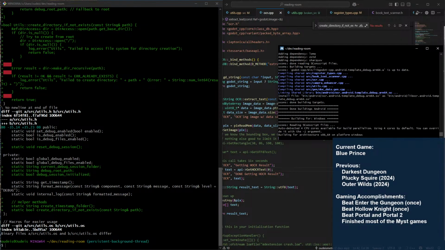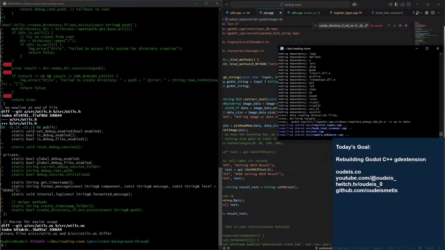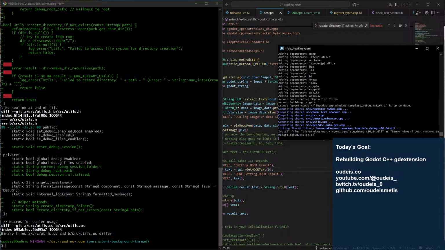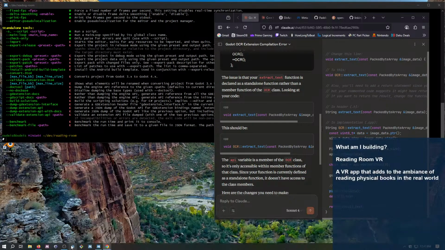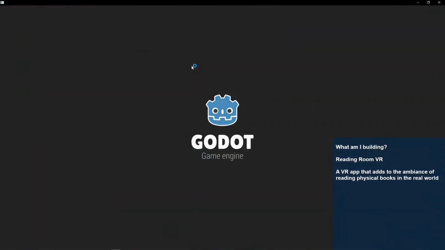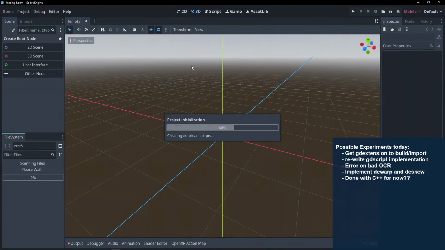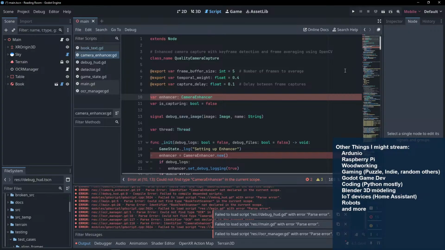If I just rip all that out and don't bother with it, does that maybe... No, still doesn't like it.